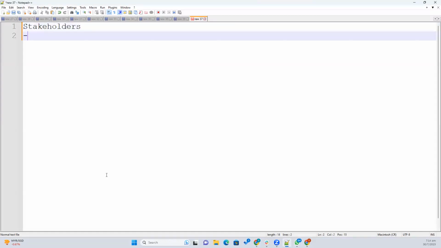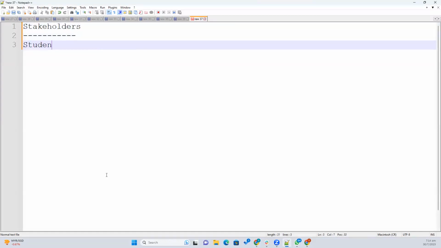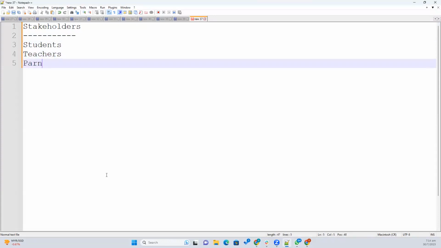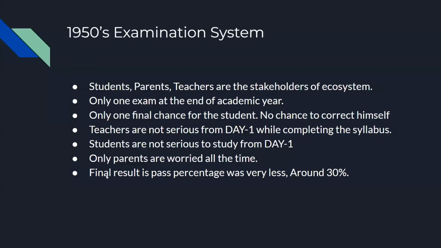For this school project, the stakeholders are students, teachers and parents. Seventy years back, there was only one final exam. If there is only one final exam, students will not be serious about studying from day one. And teachers are also not serious about completing the syllabus from day one, because they have at least 10 months of time. They take this as leniency.